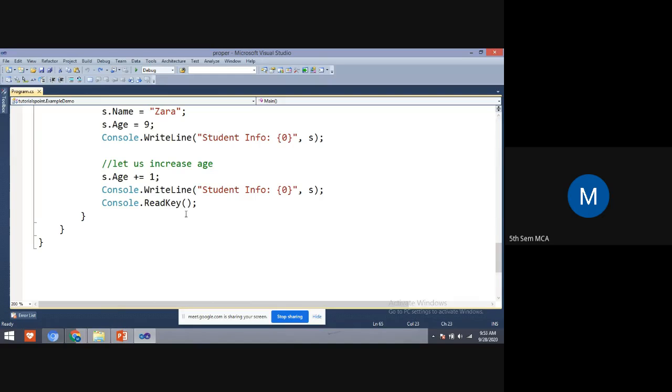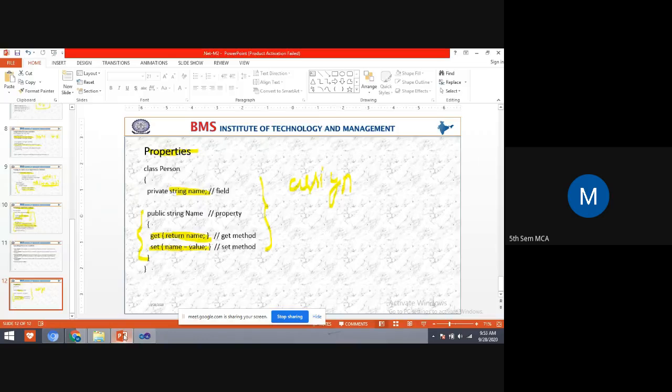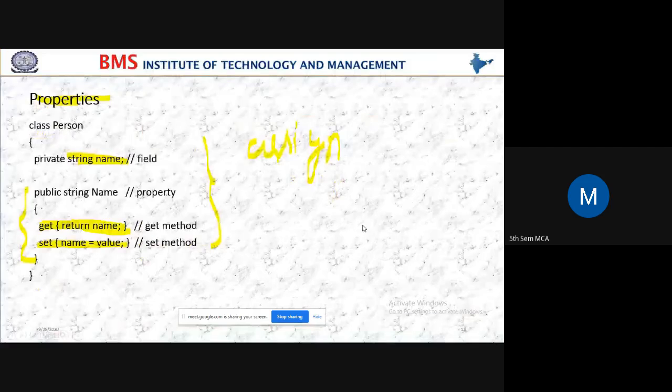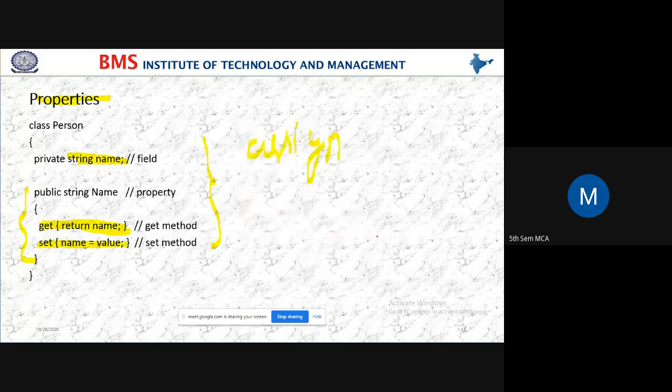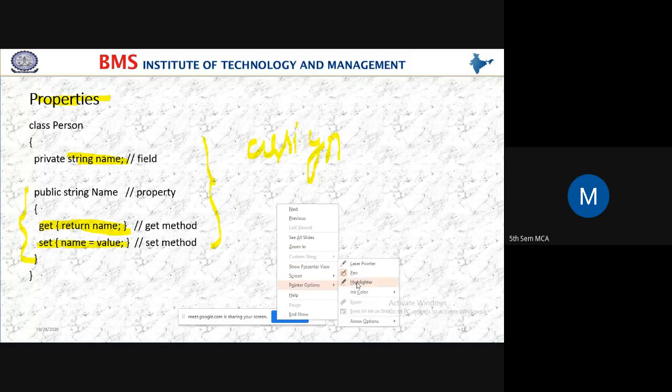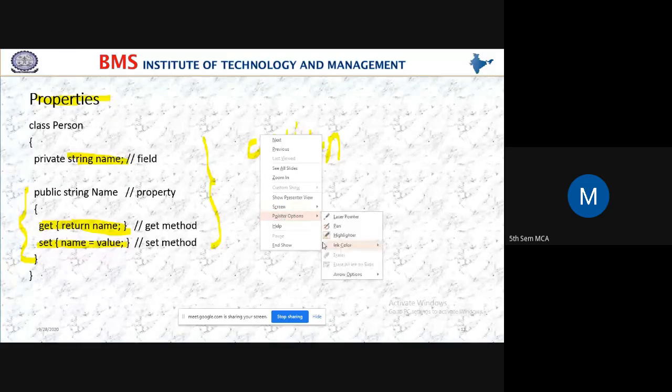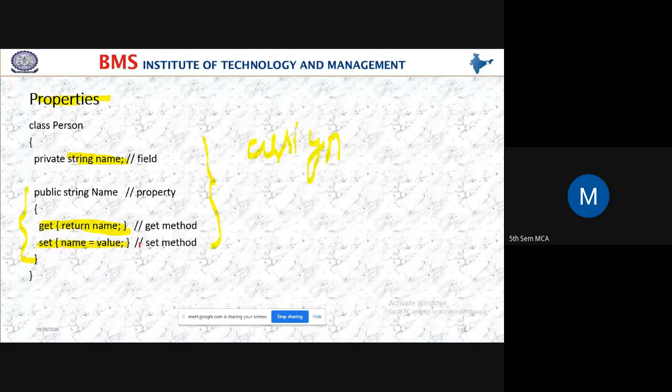So next we have read only property. Students, the difference between property and read only property is, in read only property, we just return the value.